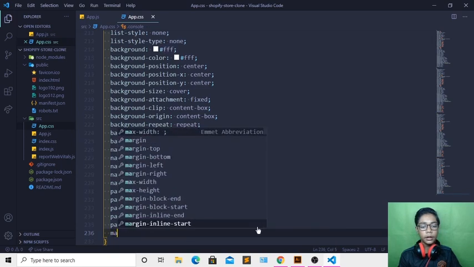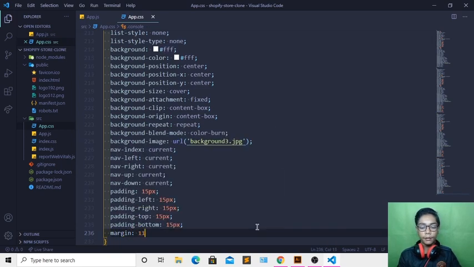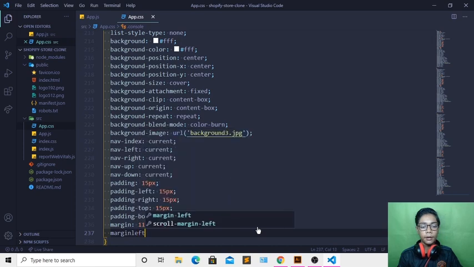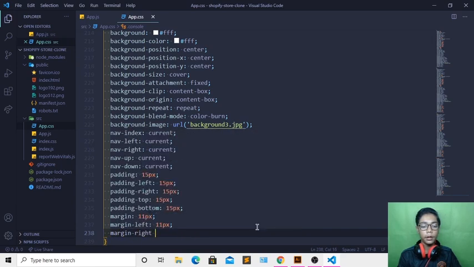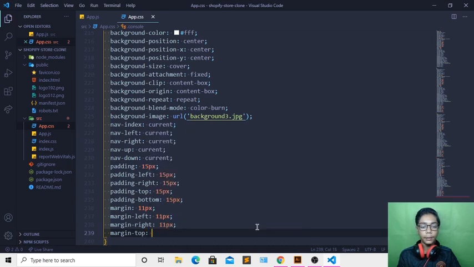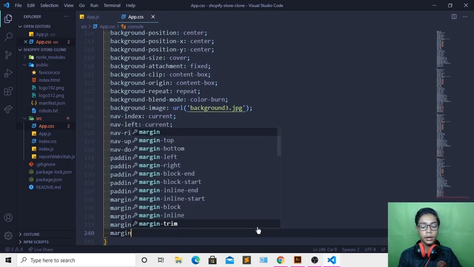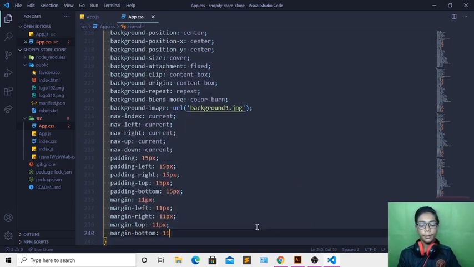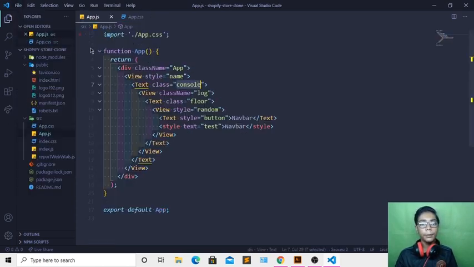So here when you've done that, I will be now writing margin 11 pixel, create margin left, which should be 11 pixel. Now here when you've done all those things, I will be coming underneath creating margin right 11 pixel, create margin top 11 pixel, and I will also be writing margin bottom, which should be 11 pixel here. Now when you've done all those things, I will be hitting save, go to app.js file again